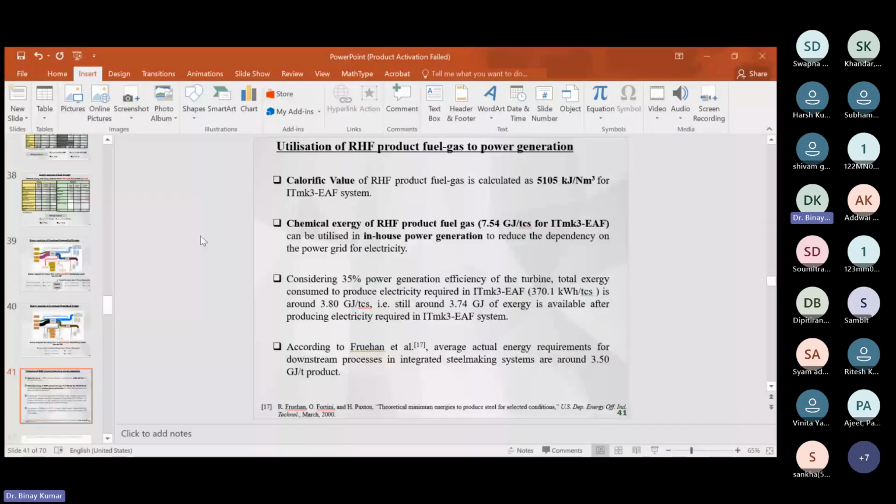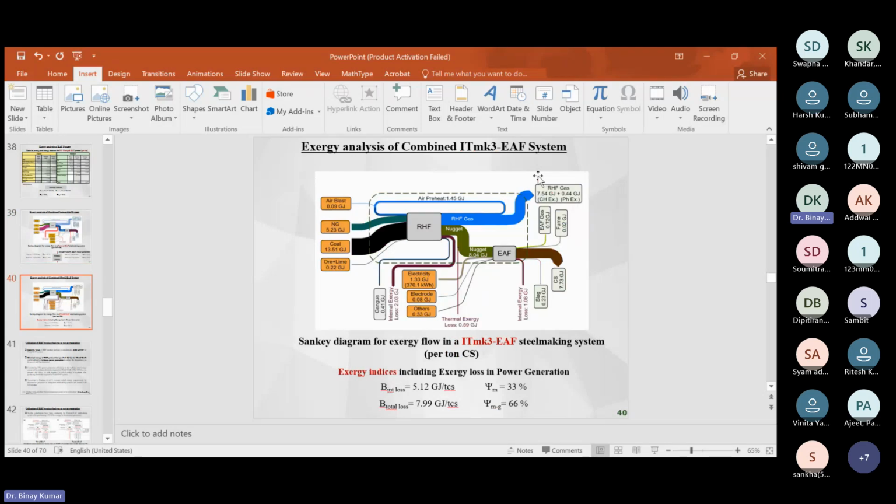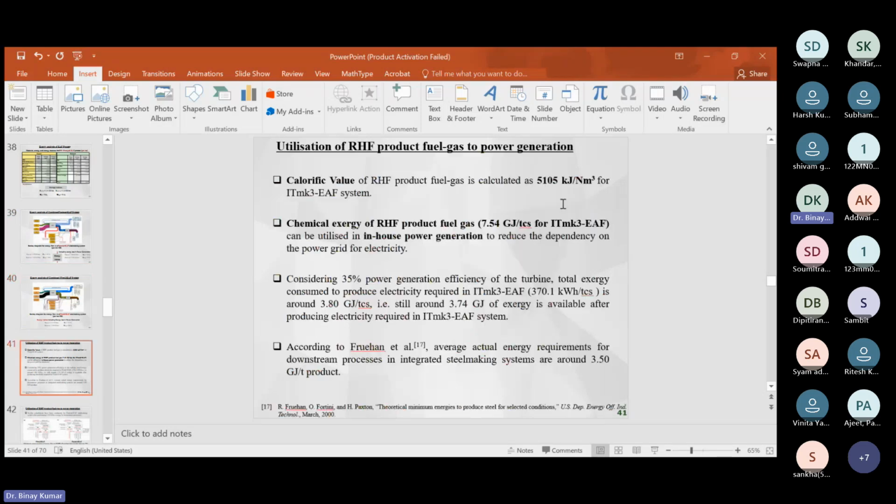Now, after that, from these two figures, you can see that the chemical exergy value, or the total exergy value, of the RHF gases coming out from both RHF EF systems is greater than 7 gigajoule. Okay, and for the ITMK3 EF system also, as well as the Fastmet EF system also. And if we analyze the calorific value of the RHF product gases, it is found that it is more than 5,000 kilojoule per normal meter cube for the ITMK3 EF system, and it is rich in CO gas, as I already mentioned earlier. And also the chemical exergy of the RHF product gas is 7.54 gigajoule per ton crude steel